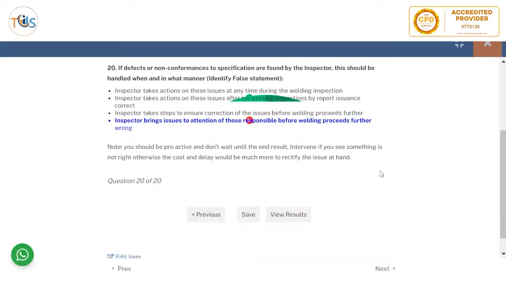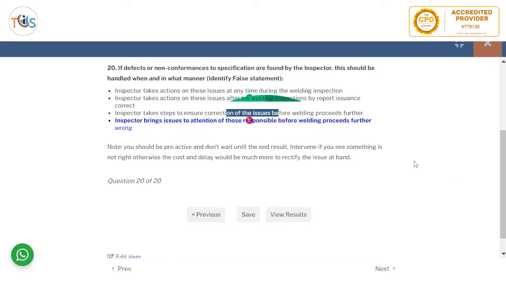Okay, the first statement says if you find any fault or any non-conformance, the inspector brings the issue to the attention of the manufacturer at any time and takes action. The third statement says to ensure corrective action is completed